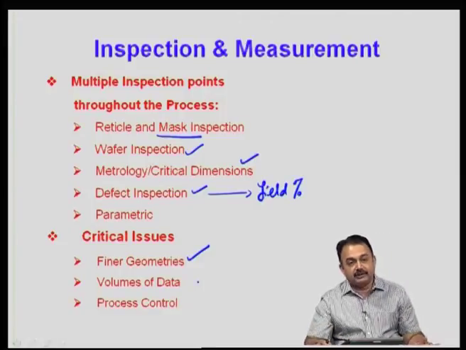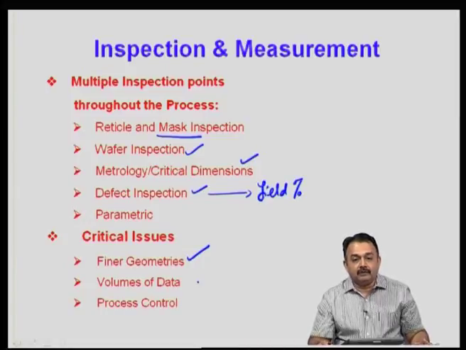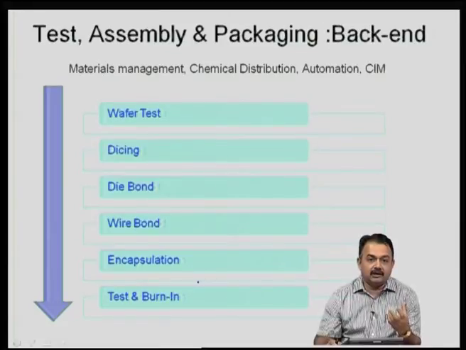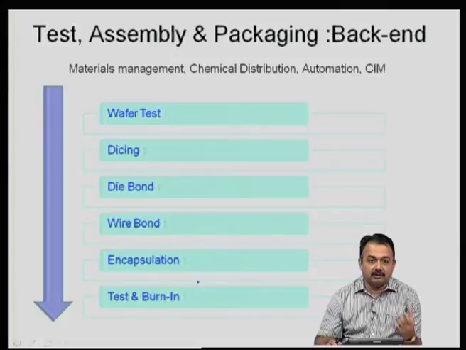So, in manufacturing, it is a large cycle that has to be completed, and tomorrow, or in the next class, we will see the back end process. In the back end process, as I mentioned earlier, we are going to take this singulated die that we have just got from the front end process, and we will see how it is again tested, assembled and packaged before it goes into an electronic product.